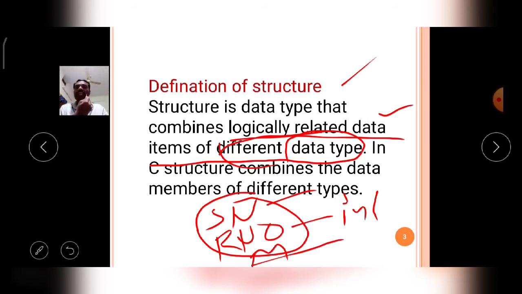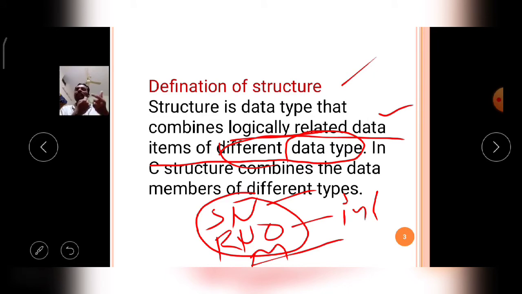That means student roll number is one member, student name is the second member, then percentage of marks is the third member. These three members are combined together and the combination has a particular name, student.